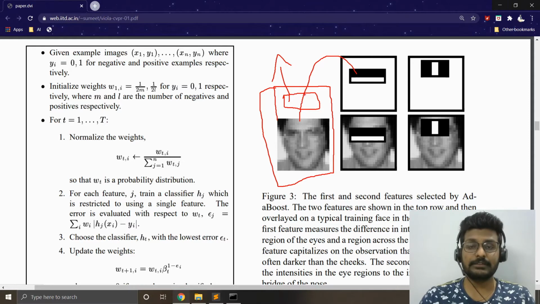I don't want to waste time by pushing all the filters in this region again and again. So I'm going to skip this region, skip this region, skip this region. I'm going to focus on the region where I might have a potential to detect the face or not.